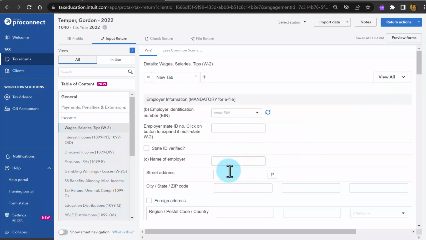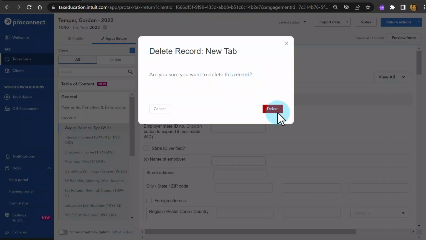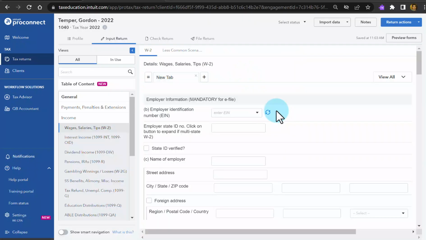And if I have another W-2, I will just add it here with this plus button. And then if I want to get rid of it, I will click on the X for that tab and confirm. But let's go ahead and enter the employer's ID number that I see on the W-2 form, 379019012. And when I enter or tab, it'll tell me